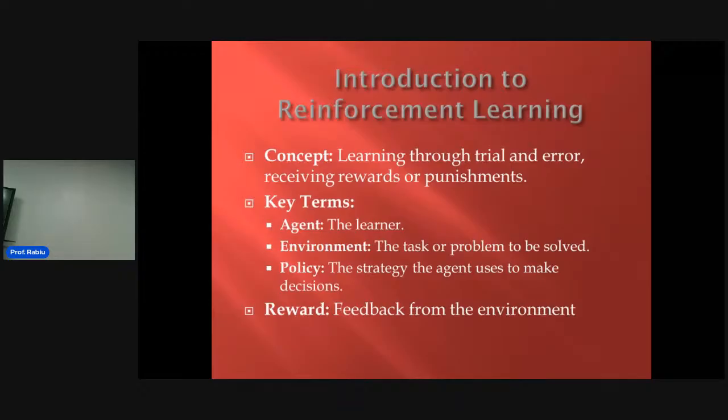We have an agent. The agent is the person learning or the machine learner. The environment, where we have to understand the problem that we need to solve based on the task. Okay, the policy, which is a strategy that the agent uses. The person that is learning, right? There must be a strategy that can be applied to this particular scenario, based on the environment. Then the reward. The reward will be either an incentive or you get a punishment, right? At the end.